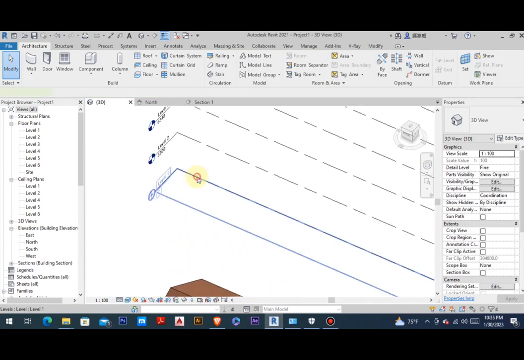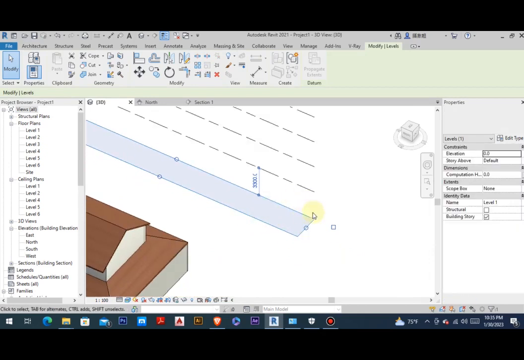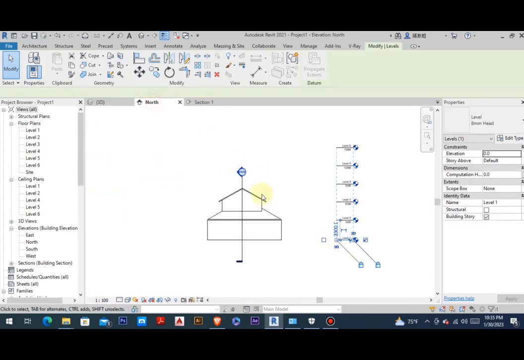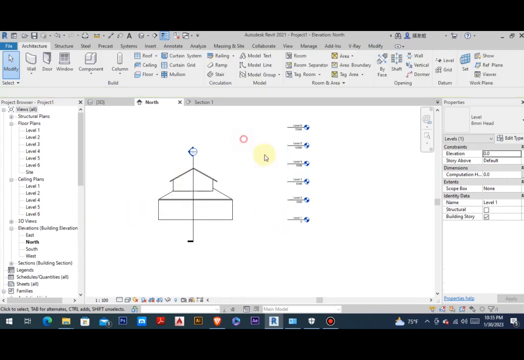See, this is my 3D level plane. So if I go to elevations and drag this,